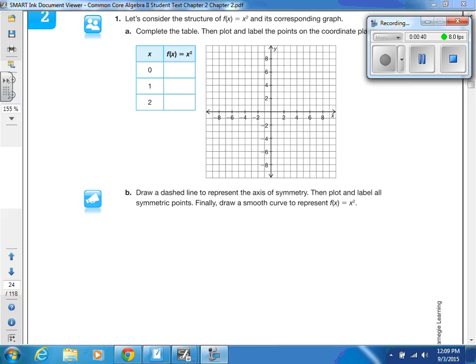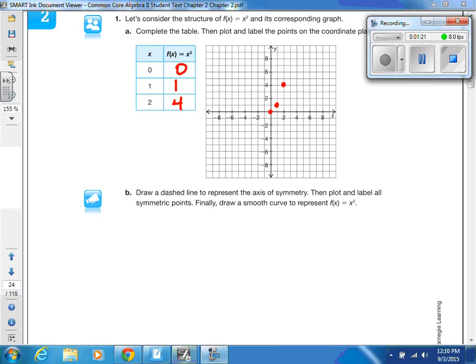So let's fill this out and graph just the parent function so we're very familiar with what the parent function looks like. Okay, if I put 0 into x squared, what do I get out? 0, right? If I put in 1, 1. 2 is 4, right, great. So now let's graph those points. That's the point 0, 0, 1, 1,